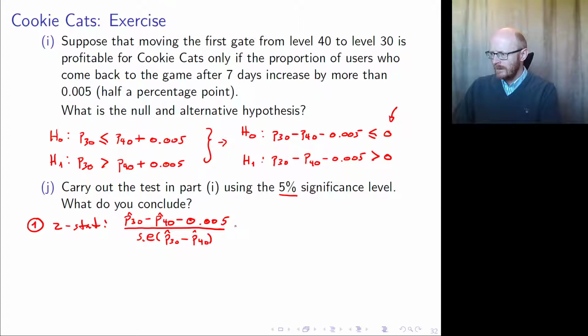Okay, and if we look at this, P30 hat is 0.1902, and P40 hat is 0.1820 minus the cutoff 0.005,